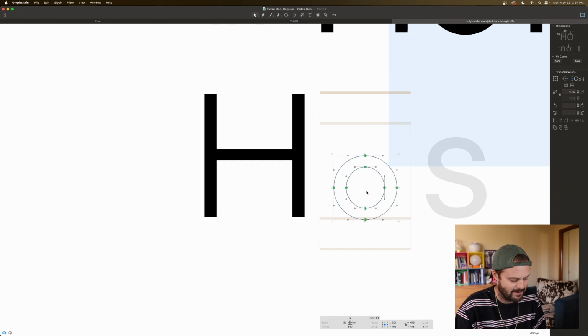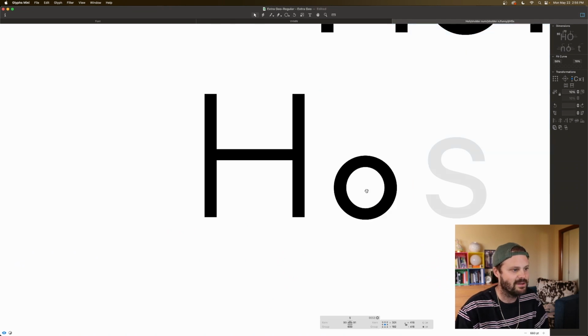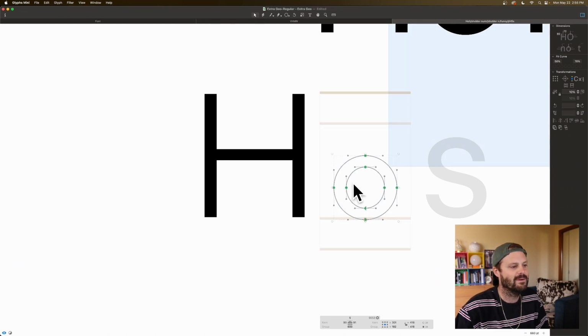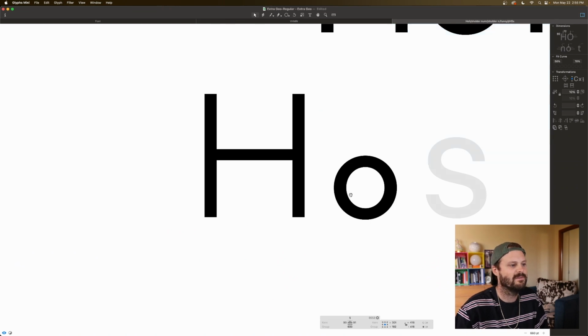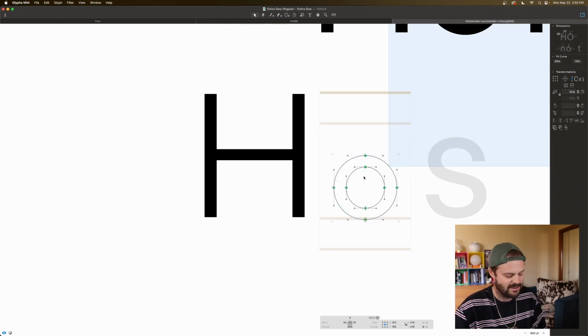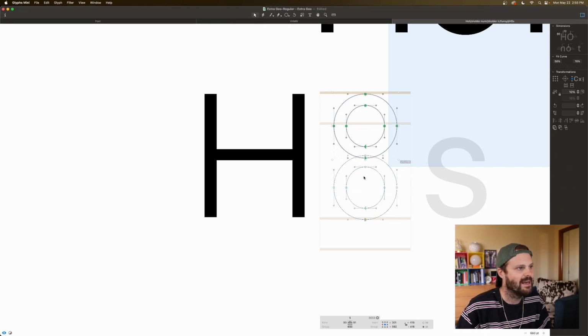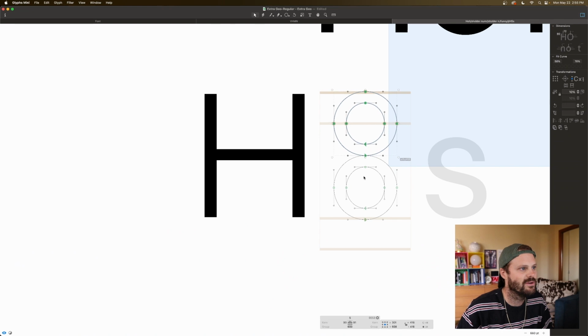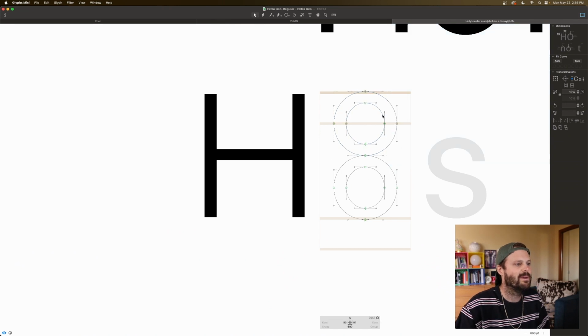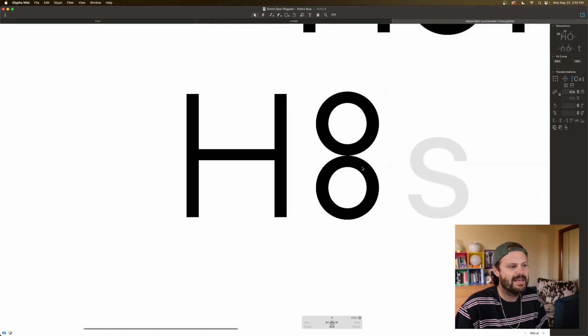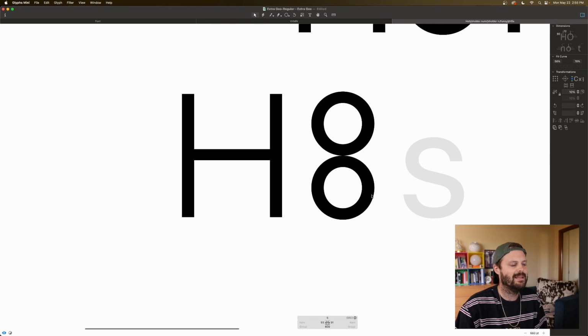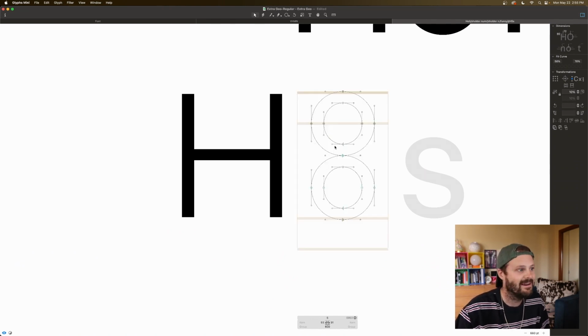I'm going to select everything, Command-Shift-R, so I have my original circle, and make sure that my curves are fit and it is nice and circular. Now I'm going to copy and paste that and simply bring it up to match the top of my overshoot here. Now you can see that because I made these circles exactly half, they do not cross in the center here,